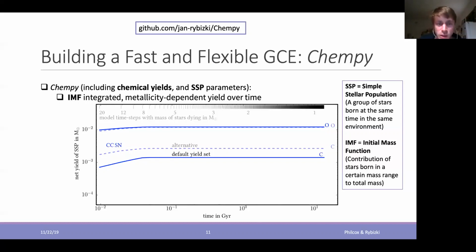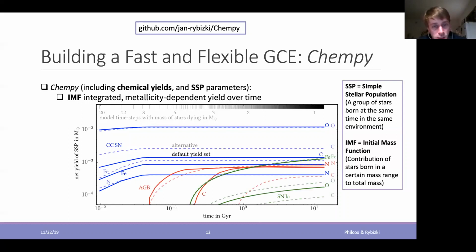And you see here the contribution from the net yield from core-collapse supernovae for carbon and oxygen, and for 2 different yield sets. They are quite old in the literature. It doesn't really matter. It's just to show that there can be quite dramatic differences between different yield sets. And of course, if you add other channels like supernova type 1a and AGB stars, the AGB stars kick in later after the core-collapse supernova stars contributed, and the supernova type 1a comes even later but contributes a big fraction of iron, as you can see.